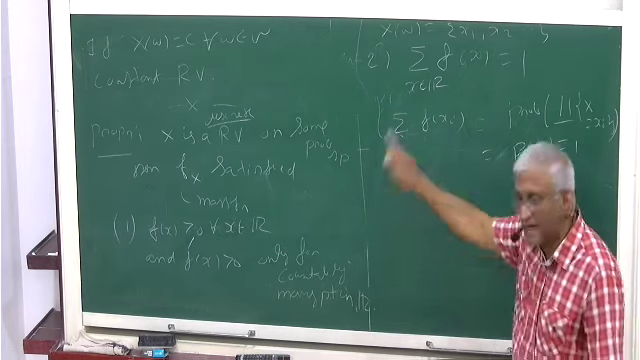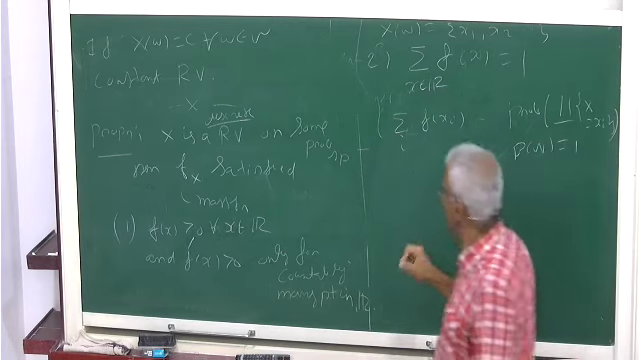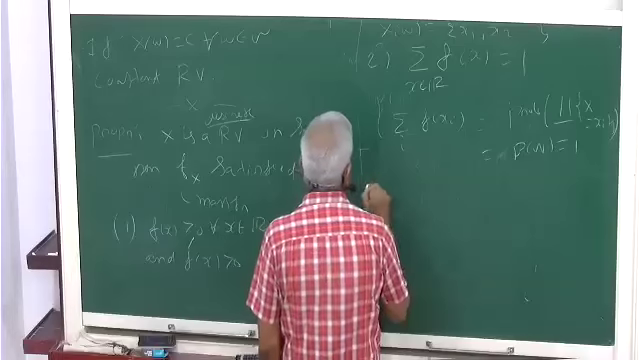So this property is clear. The position, this is clear. The converse is what we want to do. So suppose